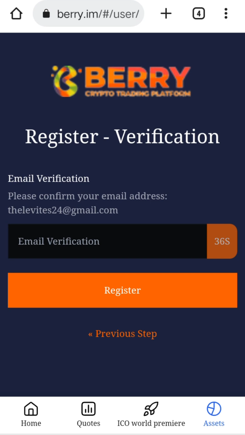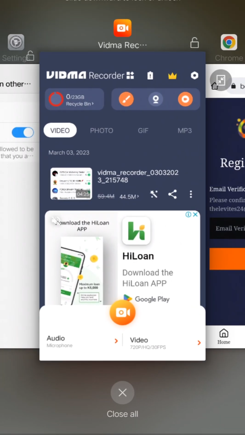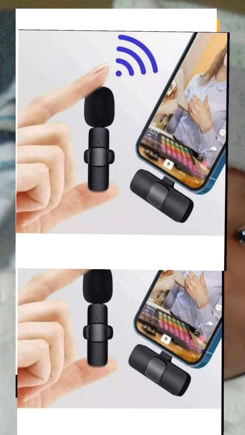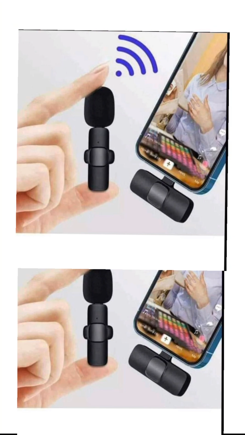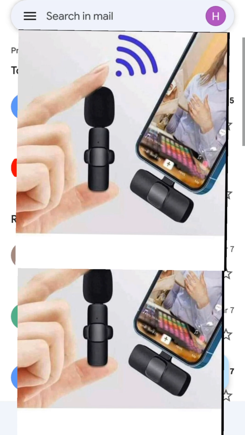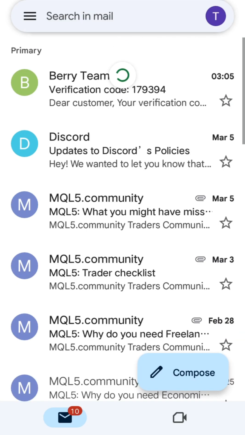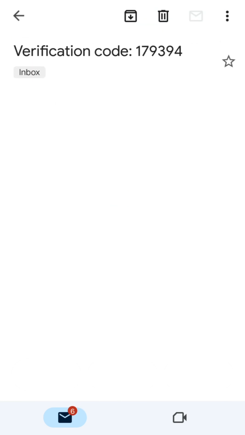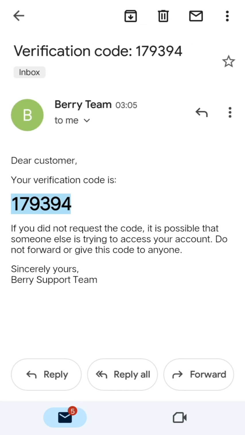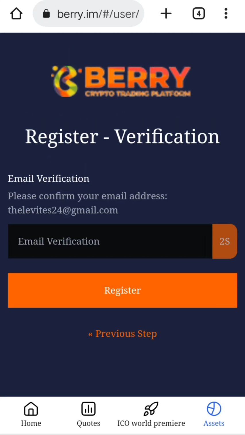You go and check your email. When you put in your email verification code, for me there is this code. The verification code has come. There it is. You have to copy this code and paste it here